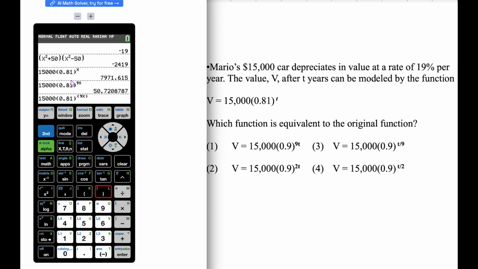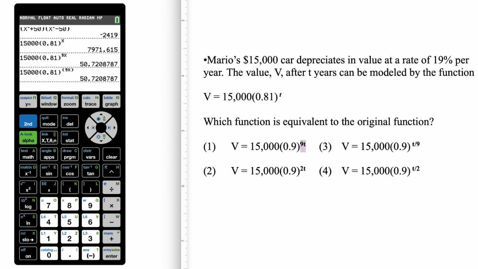On the 84, you can do it. It's not going to change your answer at all. But on the TI-83, if you do not use the parentheses, the calculator will give you a different value other than the value you should actually get. So go ahead and try these, and I'll pause the video, and we'll look at the answer in 3, 2,